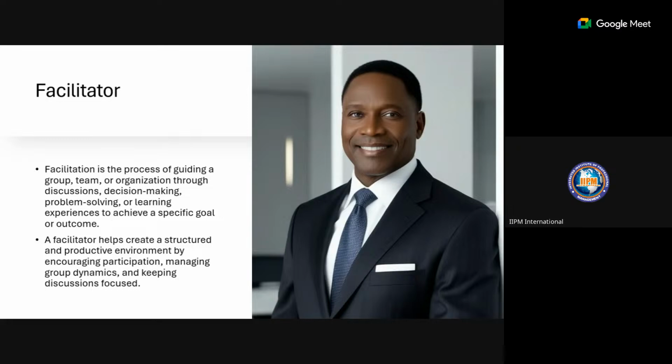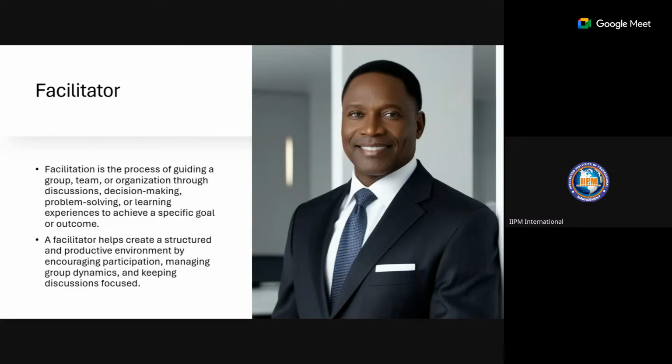So anytime we are called to facilitate, it's important for us to understand that the people we are coming to facilitate, they are not novice. They are not people who are completely ignorant of the thing you're coming to talk about. There are people that have some level of knowledge, but want to get better in what they know. And importantly, everything you're going to be guiding them through is going to be towards problem solving.